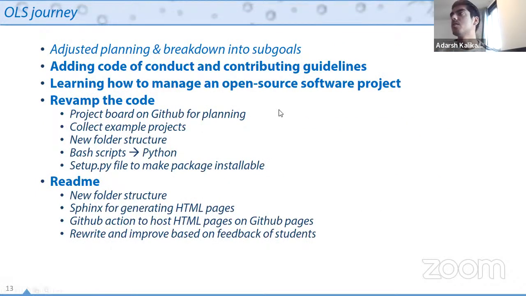So together with my mentors, we adjusted the planning and started breaking it down into sub goals. For example, adding a code of conduct and contributing guidelines, learning how to manage it. So how do you let people contribute to your GitHub repository without having to constantly intervene, working with pull requests, that kind of stuff. But also, for example, a vague goal like revamping the code, what does it consist of? You need a project board for your planning, you need to collect example projects that you want to look at, you need a whole new folder structure, changing some scripts, and set up files in Python